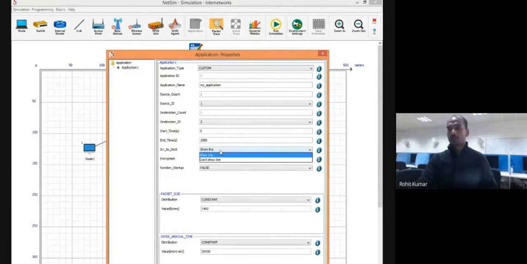Then from source to destination, the application will get deployed, but that application will get deployed in real time. Then obviously in real time we don't see anything. For example, you are chatting on WhatsApp with your friend, then you are not seeing any line.